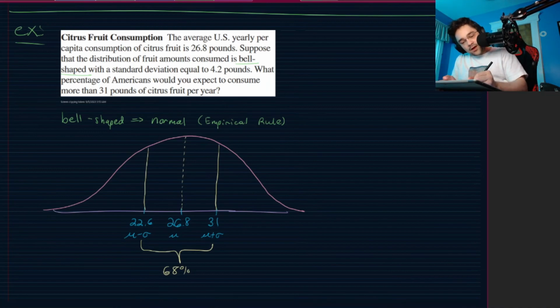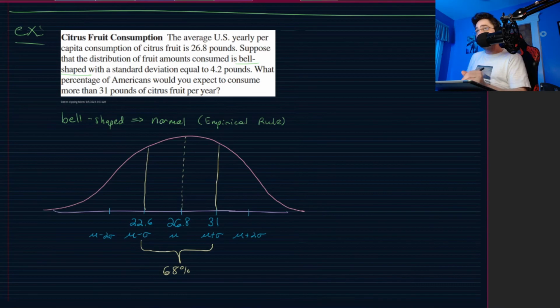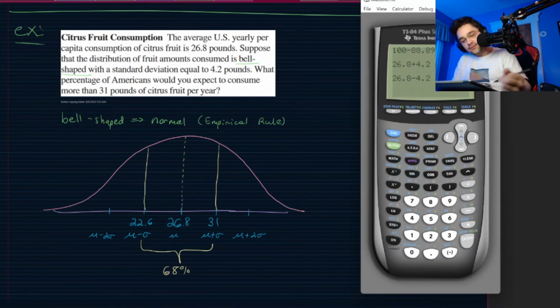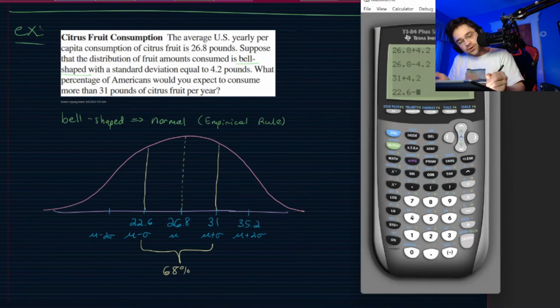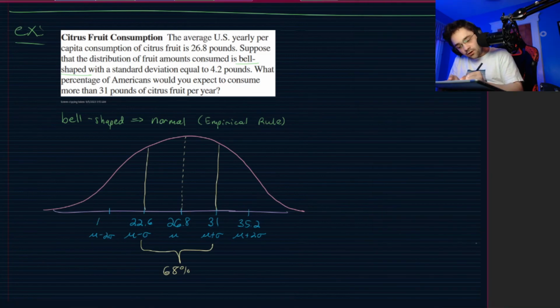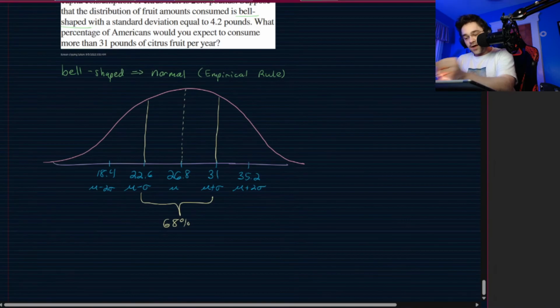So what about if we want to go two standard deviations in each direction? Well, there's a couple different ways you could do it. You could either do mu plus 2 sigma and mu minus 2 sigma, or just add sigma to 31 and subtract sigma from 22.6, the right and left values. So 31, I have to add 4.2. It's 35.2. And 22.6, I subtract 4.2. It's 18.4. And so now we know these are the values that 97% of the data